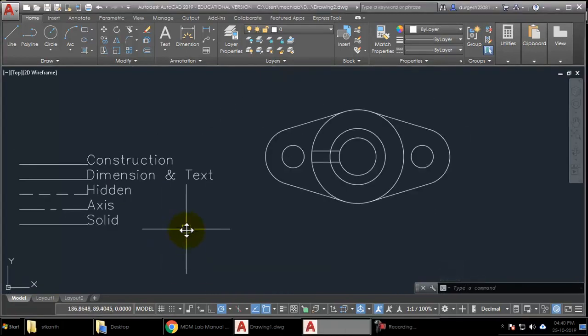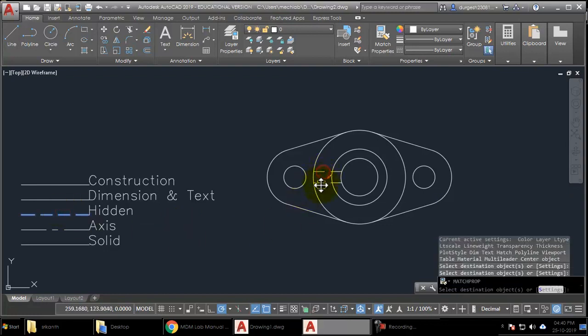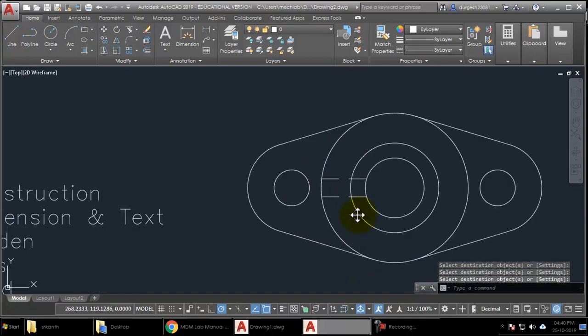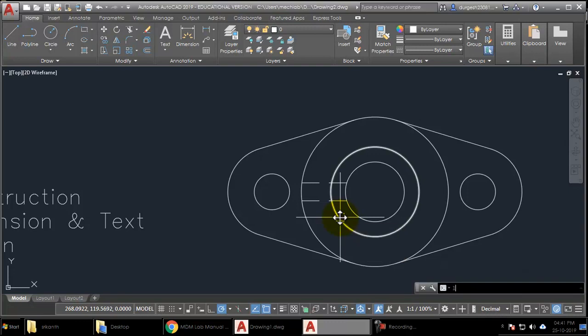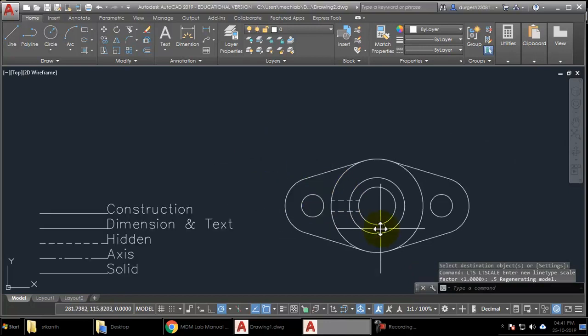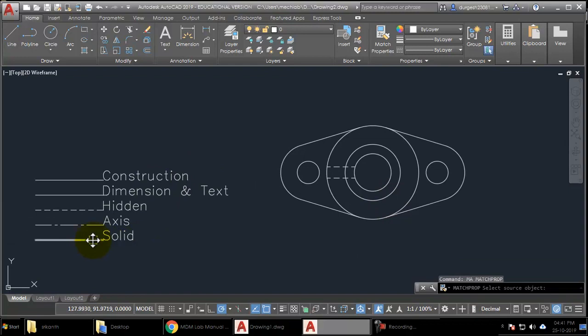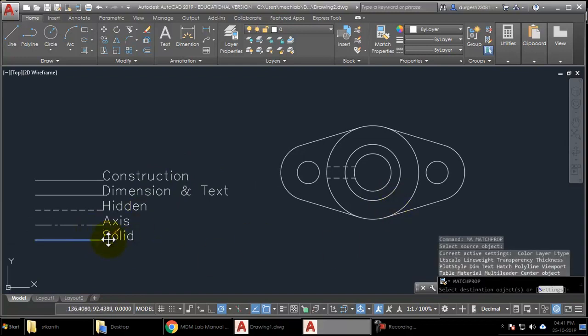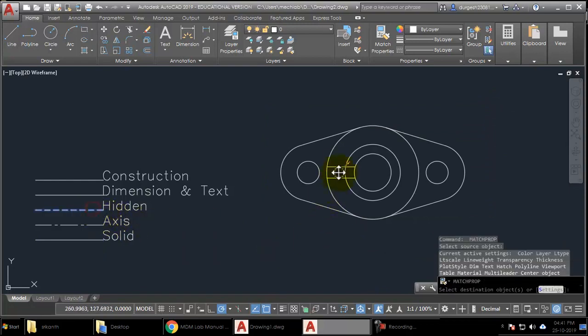So after drawing this, what you have to do is match the properties of these hidden edges with these things. Fine. So if the line is not appearing very thin, if the number of dashes are very few, what you can do is change the LTS, line type scale, LTS you can change to 0.5, and you can see here more dashes are now appearing. So what next is, you have to apply match properties of the solid with all other lines, and hidden, of course, you have to keep this as hidden.